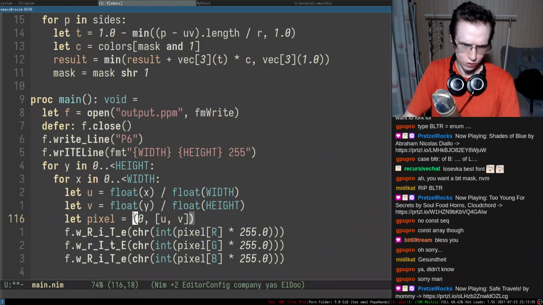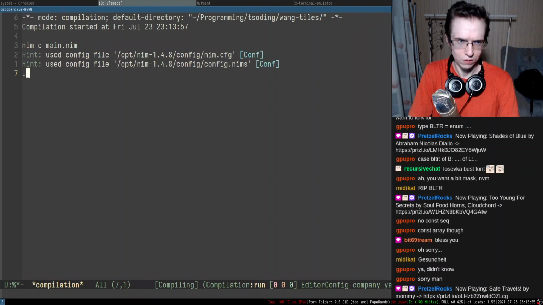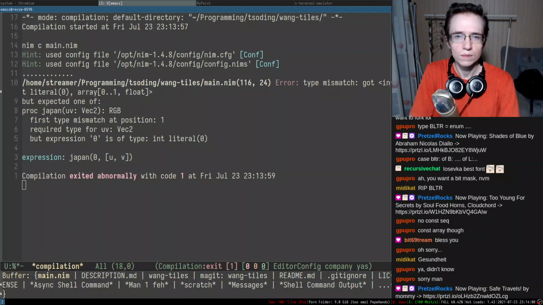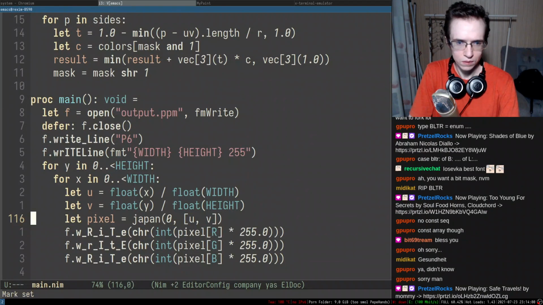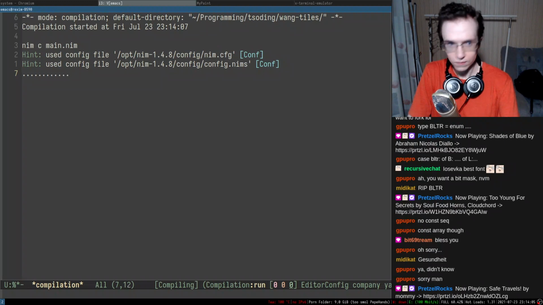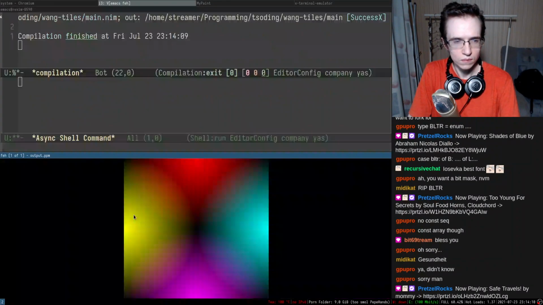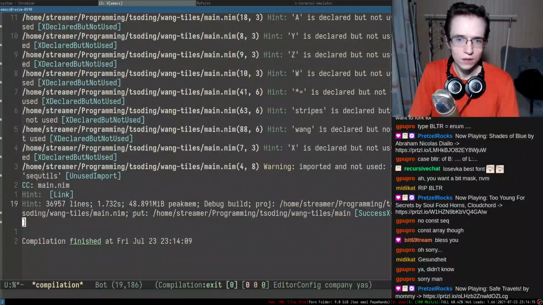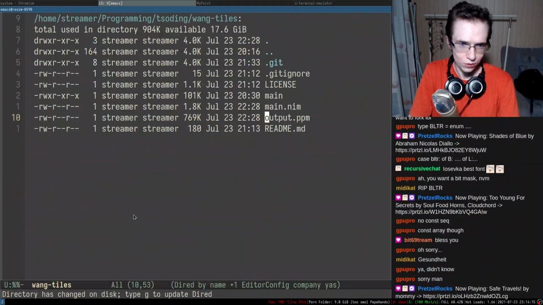If I change it to Japan, is it gonna do a different thing? Oh, okay, because Japan doesn't accept this thing. So it doesn't actually resave it or anything like that.